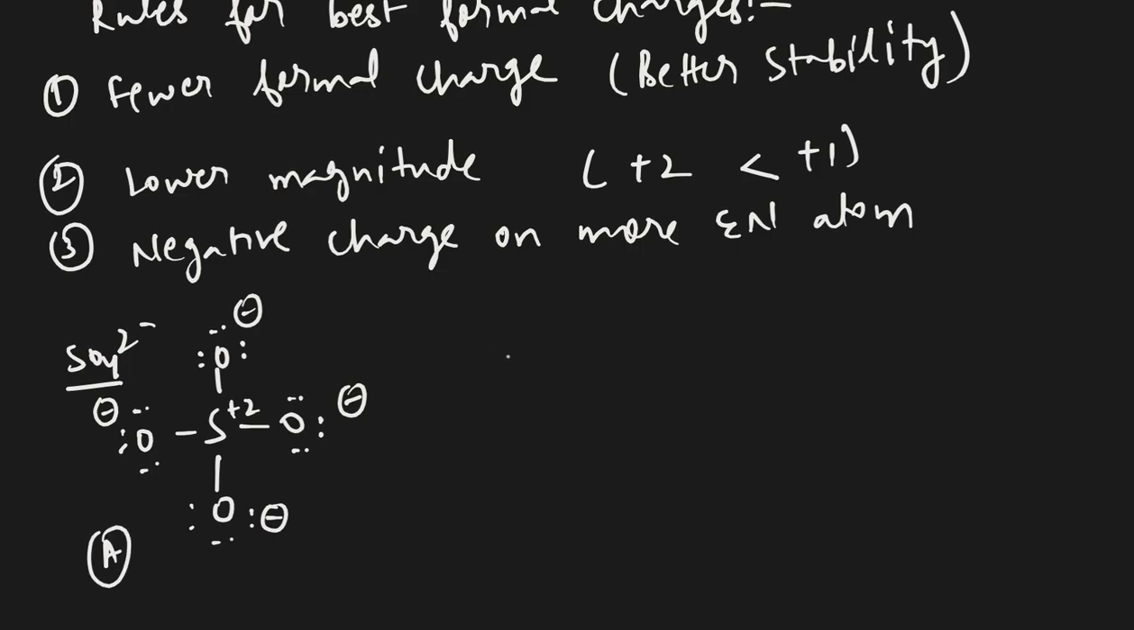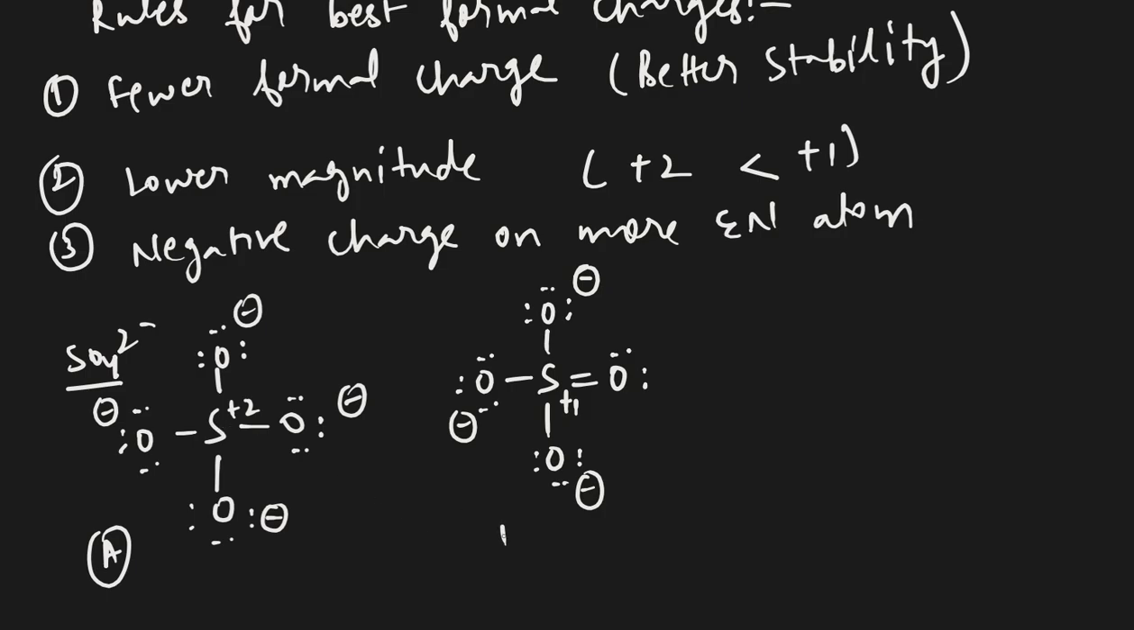Then another possibility with sulfate is that it can form a double bond here. In that case there will be a double bond here, single bonds with the other oxygens, and 1 2 3 4 5 6 minus 1 on each of those, and this sulfur has plus 1 charge. Okay, in the first structure sulfur has plus 2 charge. This is B. Lastly, we have another possibility that it is making double bonds with 2 different oxygens and